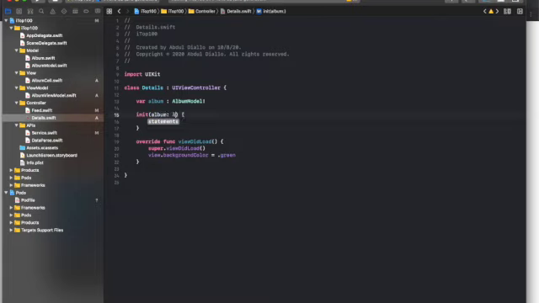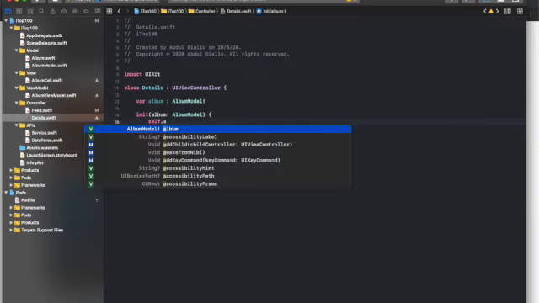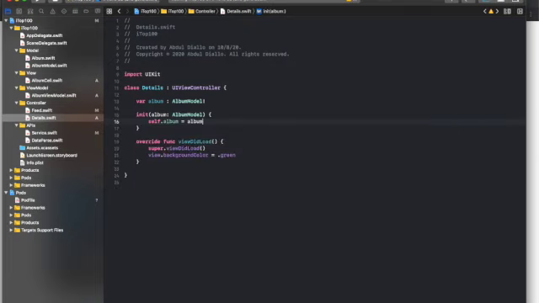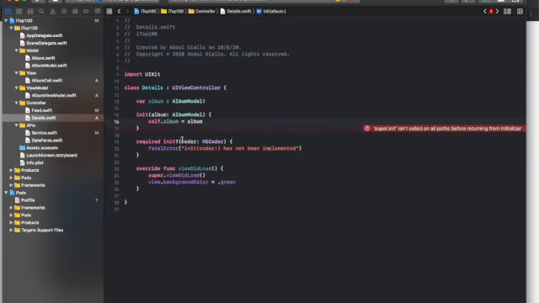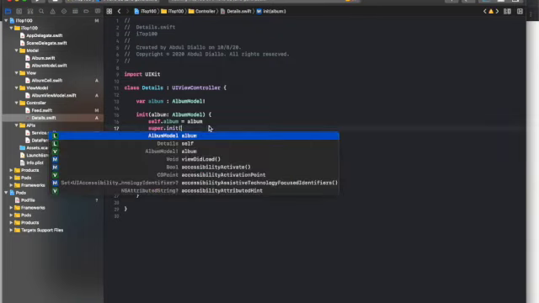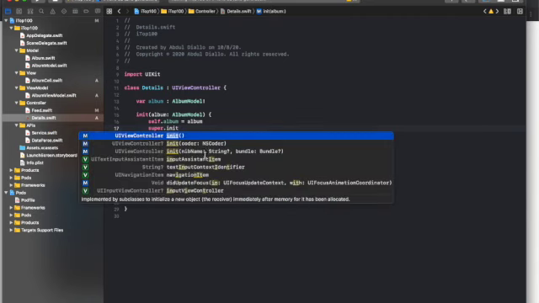So we need to initialize it with album model. Now let's refer to the one on the class level, and let's give it the one we got. Okay, now we need to do the required init. So now what I'm saying here is every time, we need to call super.init. Okay, we need to initialize it with what? Let's initialize it with